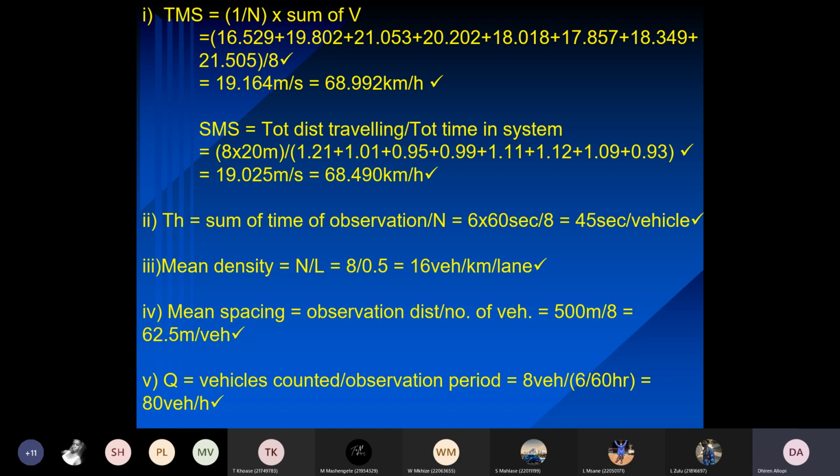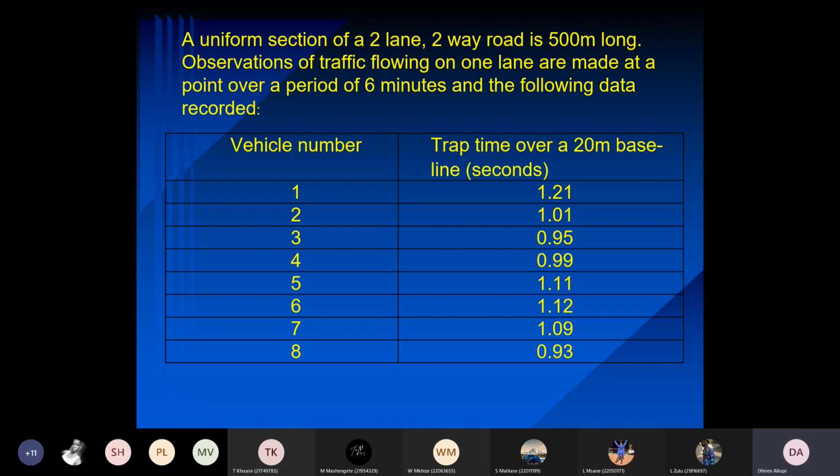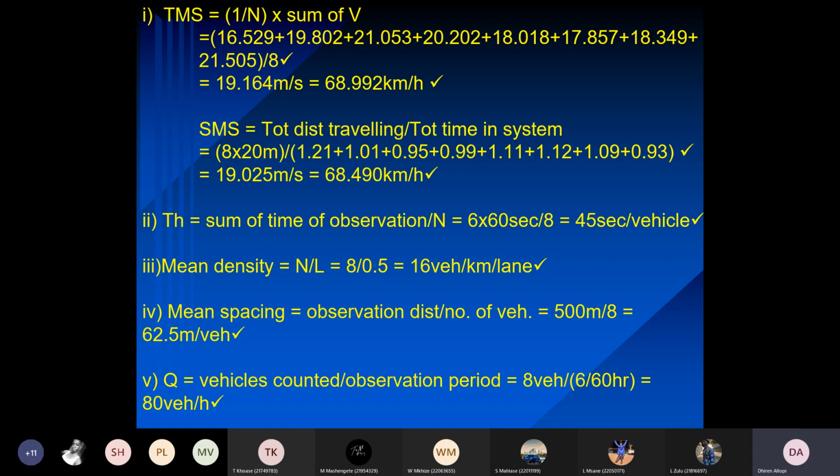So the total distance traveled, you had a 20-meter baseline and you had 8 vehicles. So that will give you the total distance traveled over the total time in the system. Total time in the system was given to you. If you go back to the question, there's your total time in the system. Simply summation of that will give you the total time in the system, and that then gives you space mean speed. Remember, you're looking at meters and seconds, so your answer would be in meters per second,